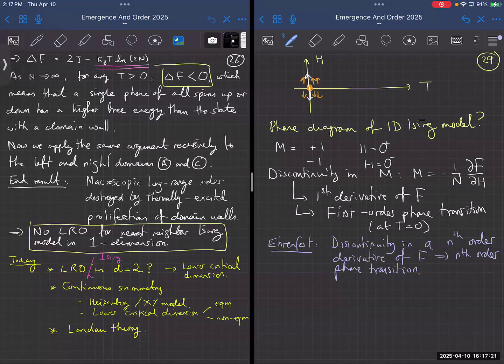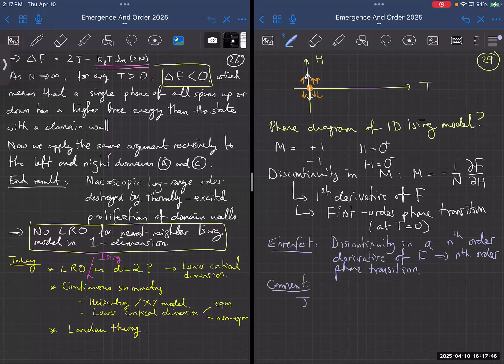Okay, but you could create examples where the interactions between spins are very long range, and in that case, you can have a phase transition. So really, the statement is that there can be phase transitions in one dimension, but only if they're long range interactions. Okay, so the other comment,